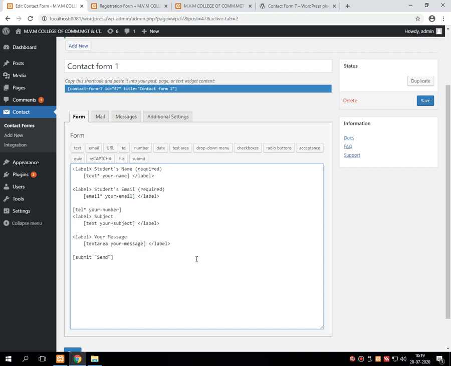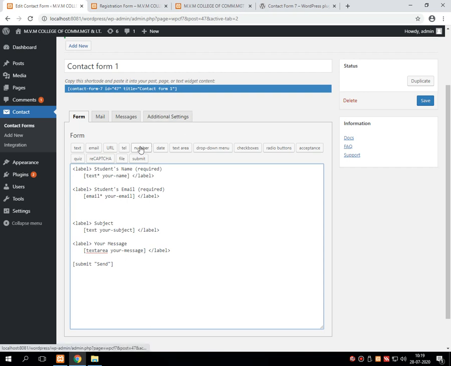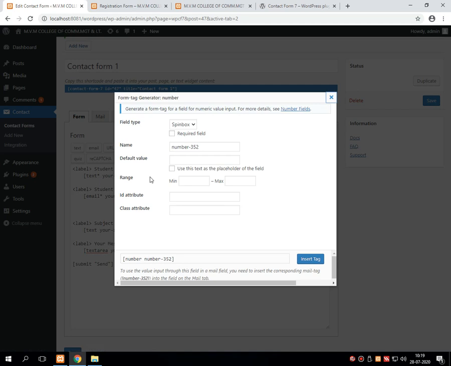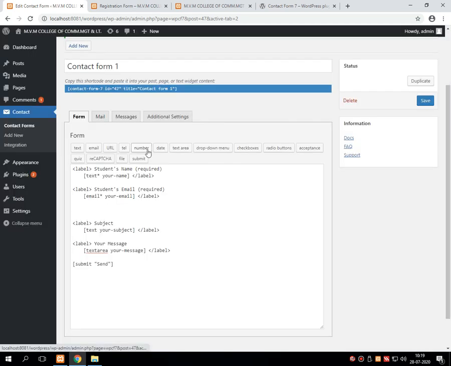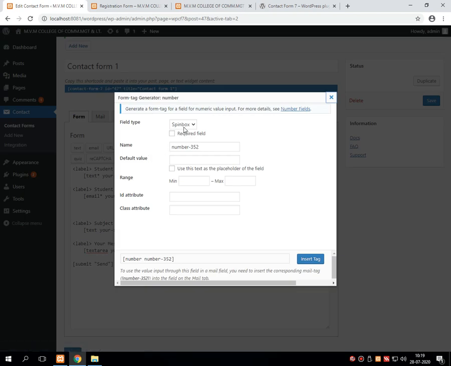Say for example, I am inserting it. Let me do it again. Sorry, instead of this telephone, we have to go for number.